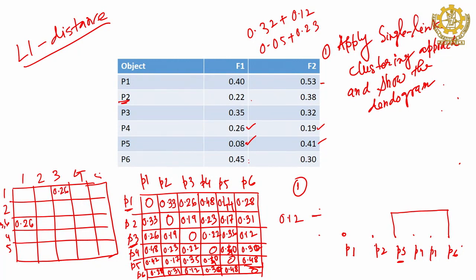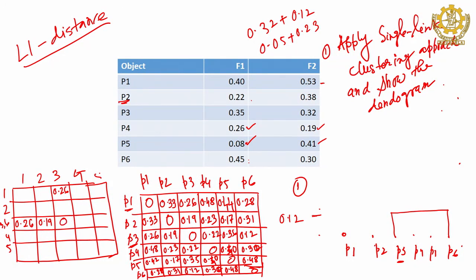Now move to here, 3 and 6, you find 0.19, 0.31. Which one is the minimum? 0.19. So here use 0.19, but if you do the complete linkage, obviously it will be the other way around. So instead of 0.26 you write 0.28. So it should be the 28 entry here in case of the complete linkage. First we apply single link, then we will talk about the complete link. Now this remains 0.